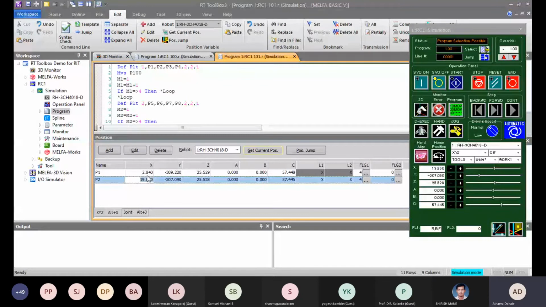I'll make some minor changes in the x-axis of P1 also, as the y-axis has been locked. So this is my P2 point. P3.